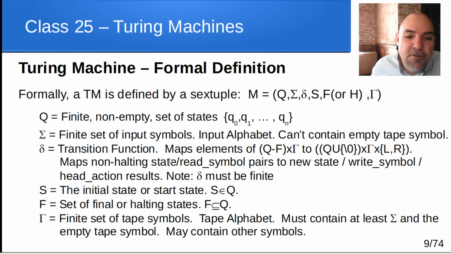Delta is this transition function. It maps elements of Q minus F, in other words, the non-halting states, the non-final states, and tape symbol pairs. It maps those to